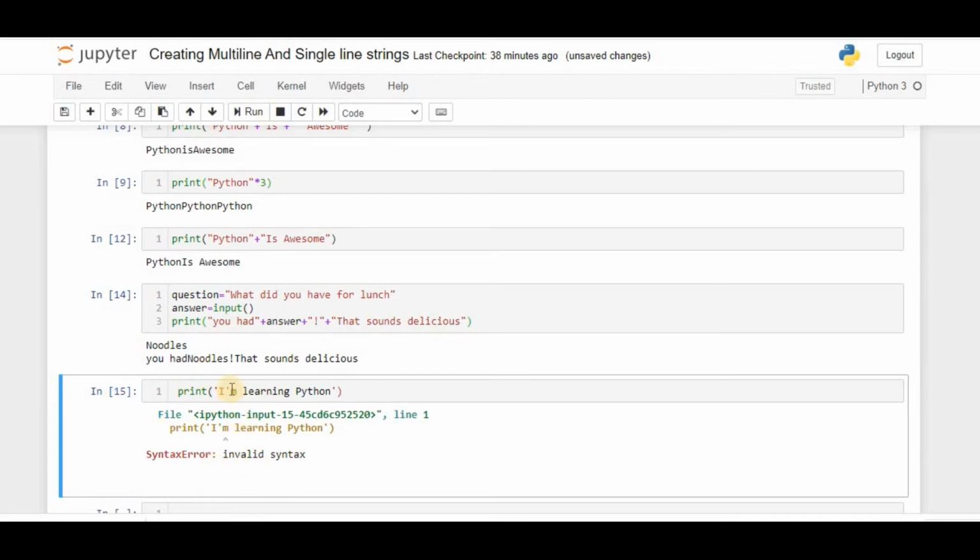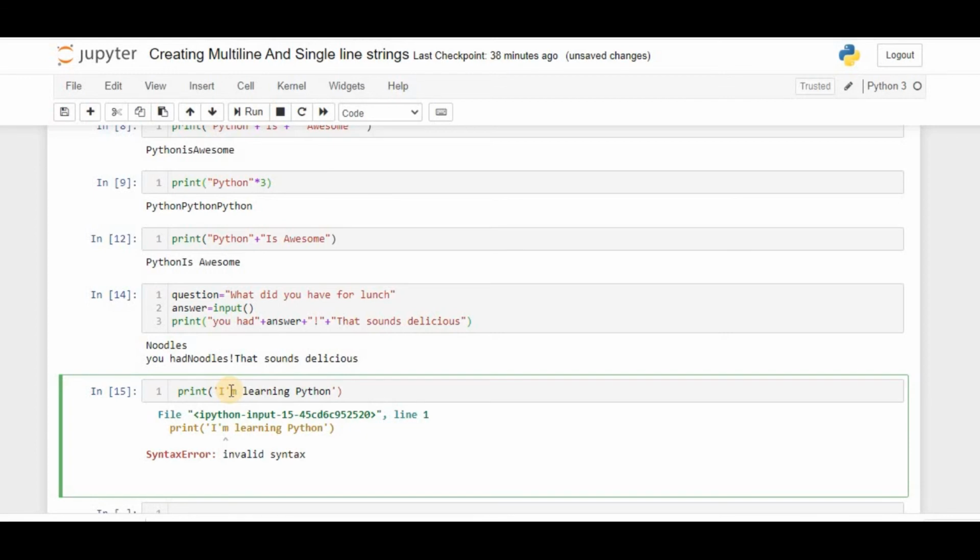What it means is, according to Python, the answer in single quotes or double quotes has to have a starting and an ending quote. Here I wrote a single quote, so Python understands the single quote is closed here, and Python did not understand what is written after it. It has to understand only what is inside the string.